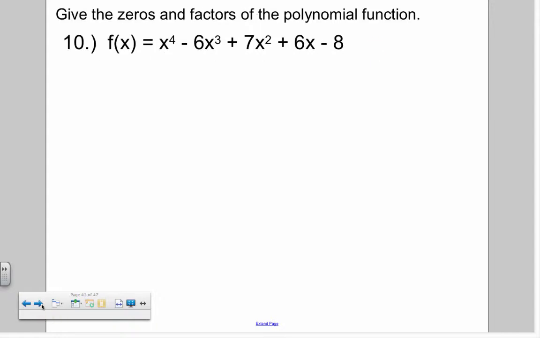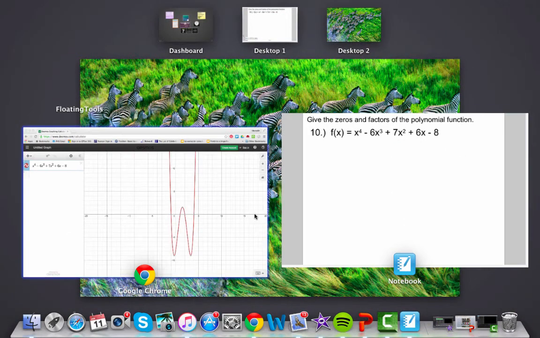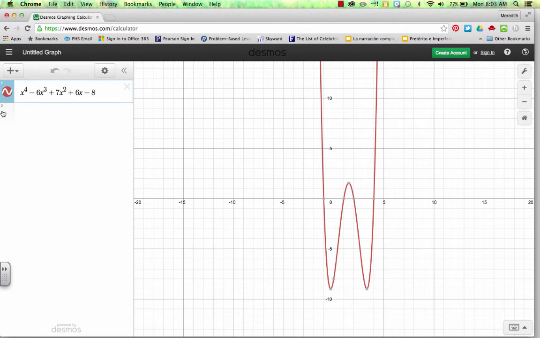Number 10 says, give the zeros and factors of the polynomial function. The way we did this in class is we used decimals. We know by the degree that there should be 4 solutions, even if we have some repeated ones. So there's a maximum of 4. I'm going to go over to decimals, and I had already plugged this in. I take a look here, I plugged it in, and then it gives me the 1, 2, 3, 4,